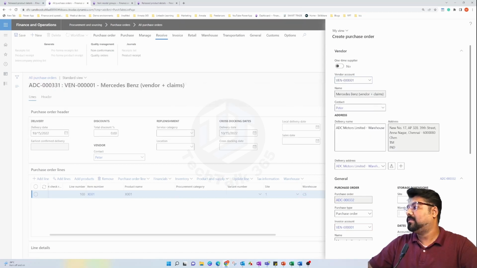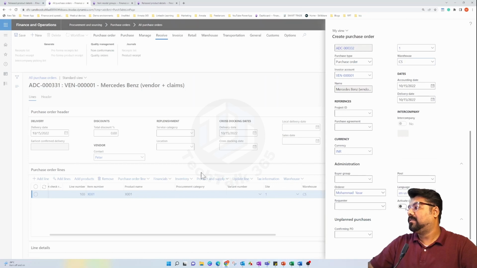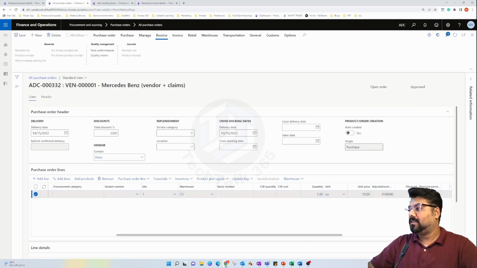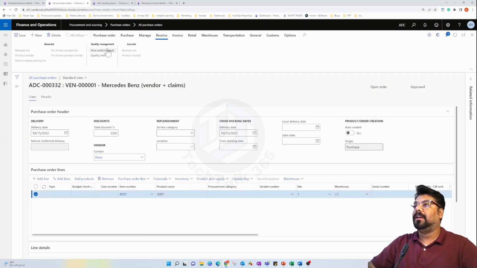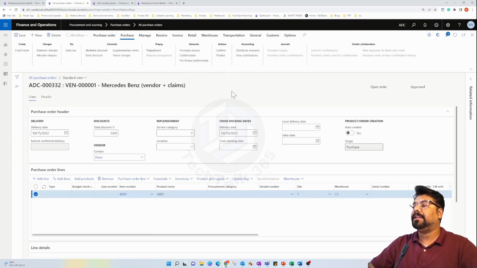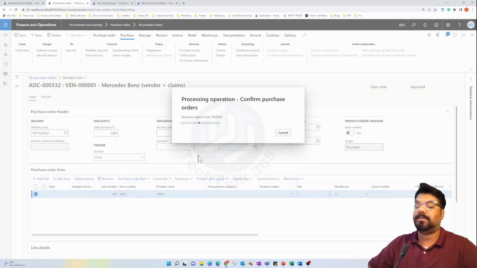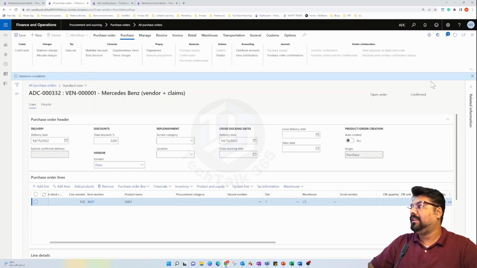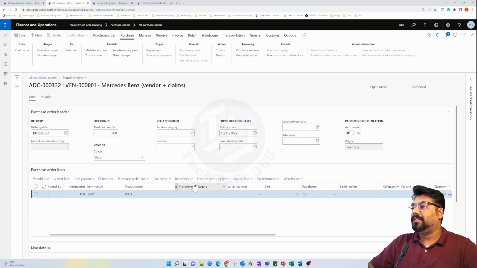That's one. Okay, put it there, and 10 quantity, done. And now I can directly receive it. I don't need to register it because the batch number is automatic this time. In fact, I don't even need to receive it because